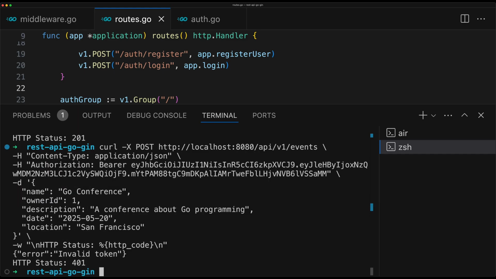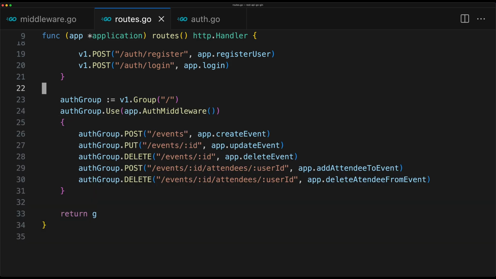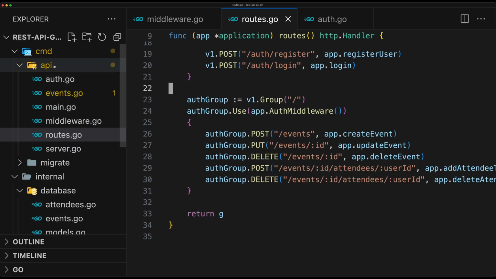So the next thing we want to add is authorization. That means that, for example, only the owner of an event can delete that event and not another user. Same with updating an event. Only the owner should be able to do that. So we will create a new file here in the API directory, and we will call it